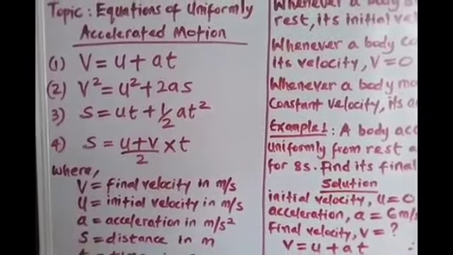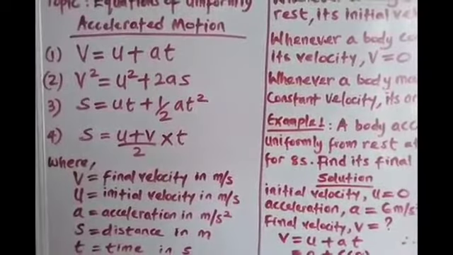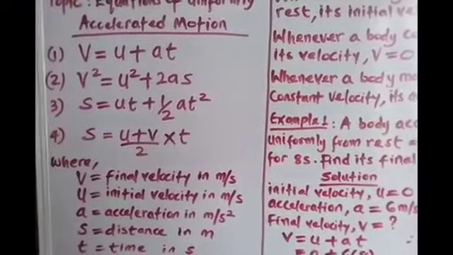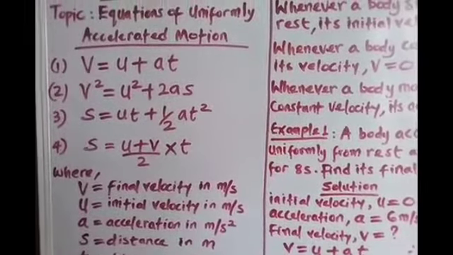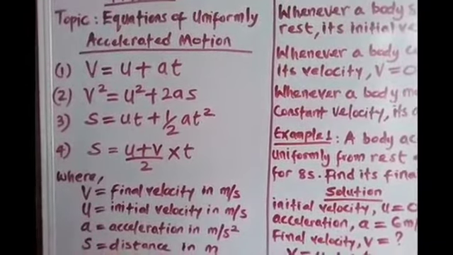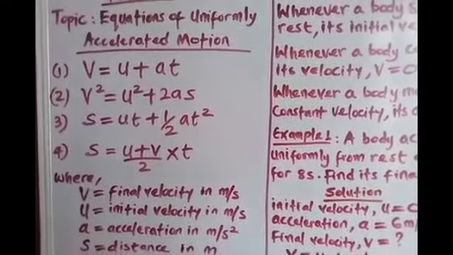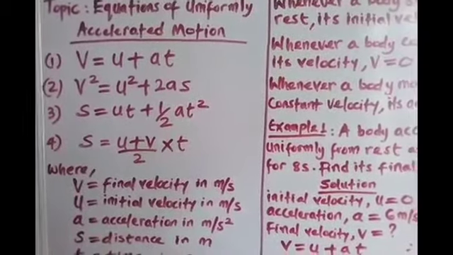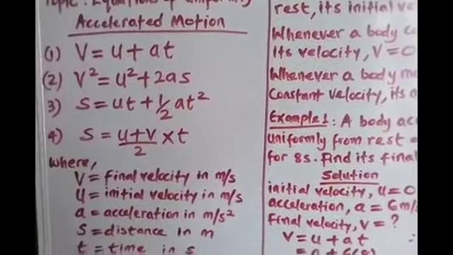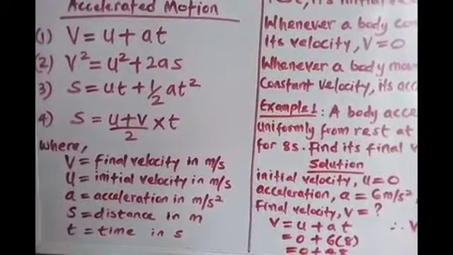The first one, we have v equals u plus at. Second one, we have v squared equals u squared plus 2as. The third one, we have s equals ut plus half at squared. We have the fourth one, s equals u plus v all over 2 times t, where v represents our final